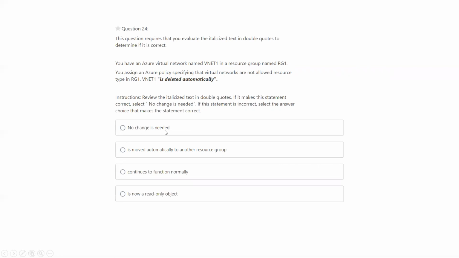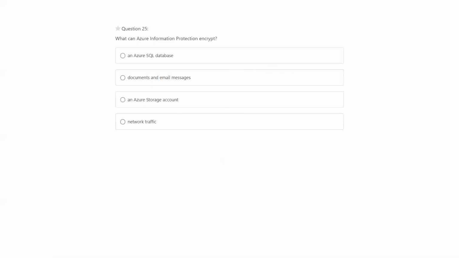The answer is no change is needed, because once you configure or define the policy for not allowing the resource types in VNet1, this is the right one. So, sorry, no change required, continue to function normally. I'm a bit confused, but I think continue to function normally is the right answer here.